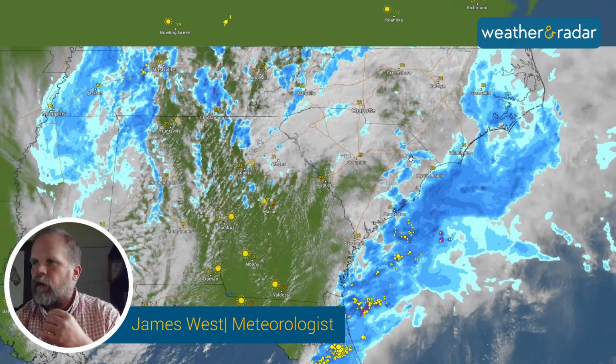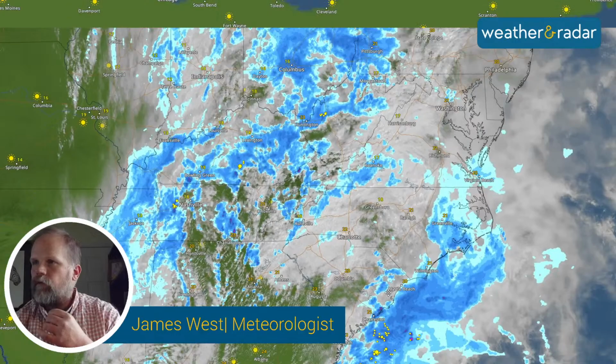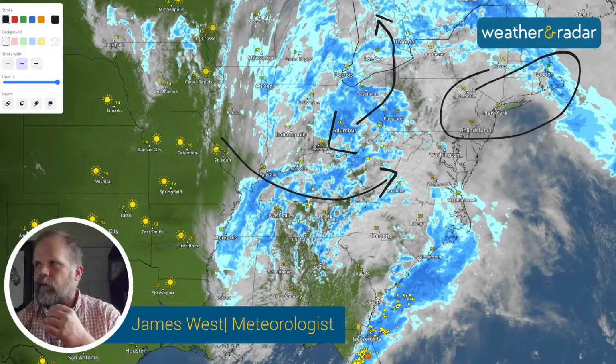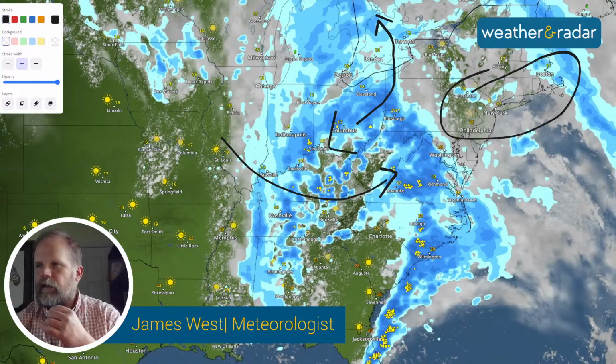And then also, as we zoom out and go into the northeast, we can see the low pressure system. Go ahead and pull up some of our tools here. We have a low here, and this is the system that's going to go up into the northeast, and all this rain in this area is going to wrap around it, and it's going to bring a lot of rain into this area as we go into the rest of today and tomorrow. So as we look into tomorrow,